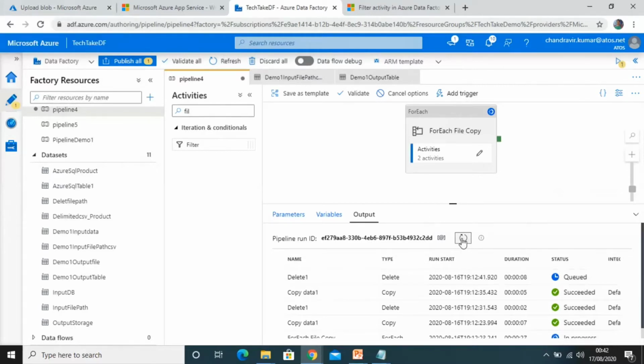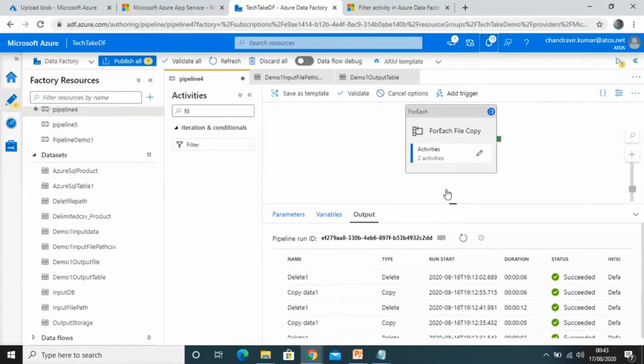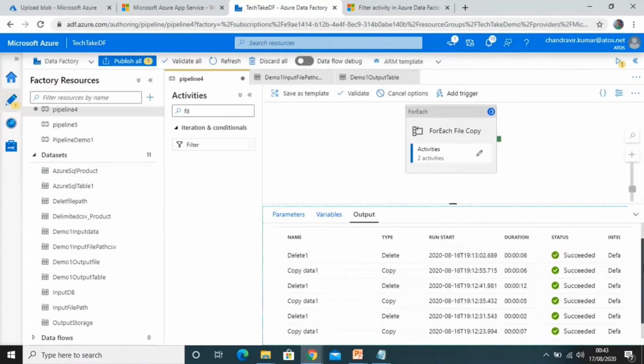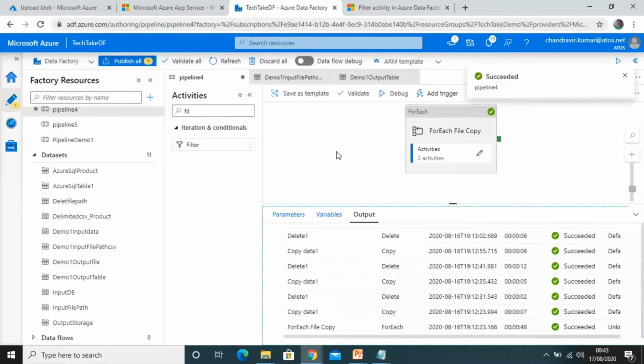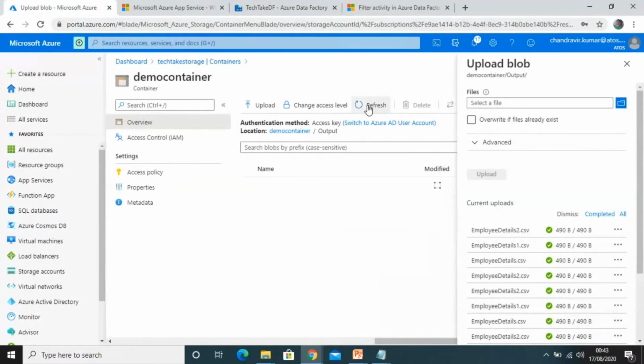Now just refresh the pipeline output window, and you can see here one by one, the three runs of copy data 1 and delete activity executed in the output window, and the last one is still in progress. So delete is in progress. If you refresh it, we see all three files processed one by one in that loop by the for each loop activity. By mistake I said container many times, because it's the same as the for each loop container in SSIS. Now go to the storage account. If you refresh it, the three files are deleted because of the delete activity inside the for each loop activity.